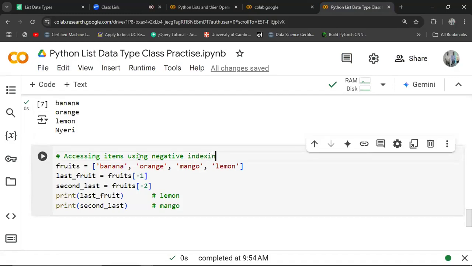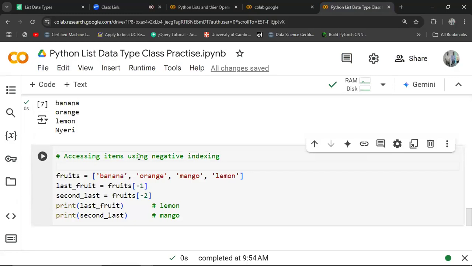This is something you're going to note: a negative index can access the last item from a list,